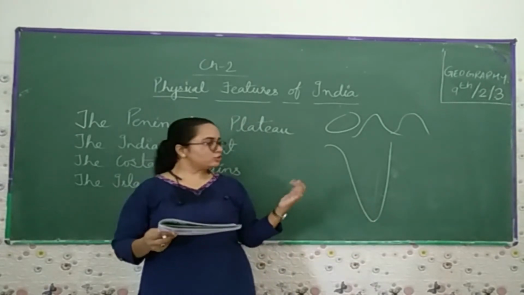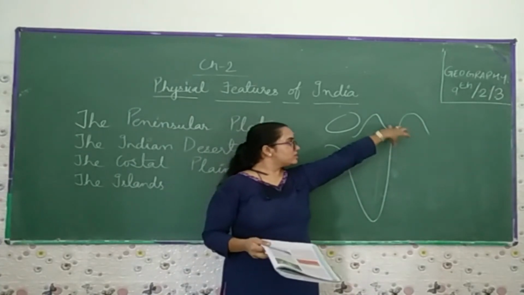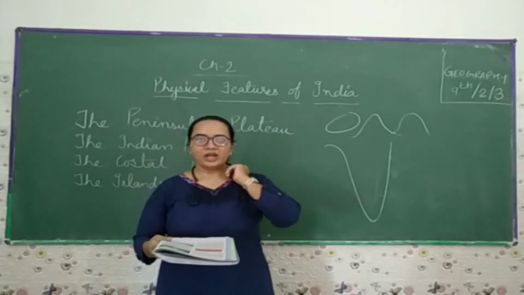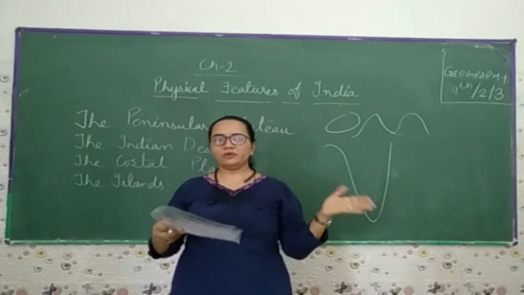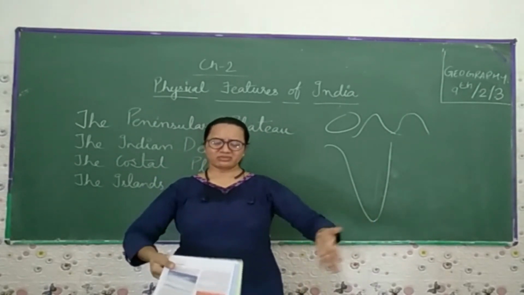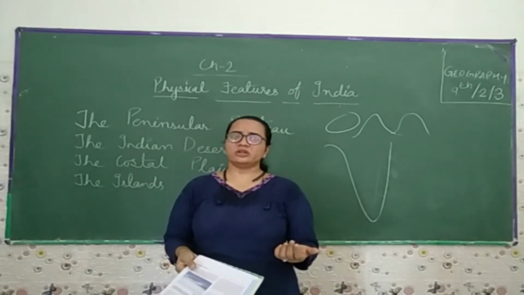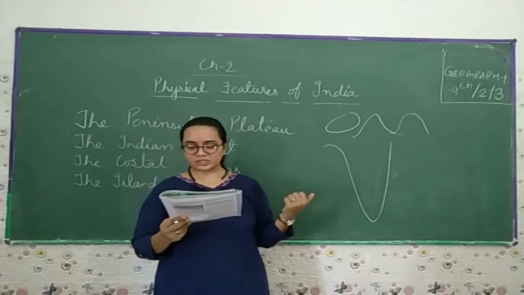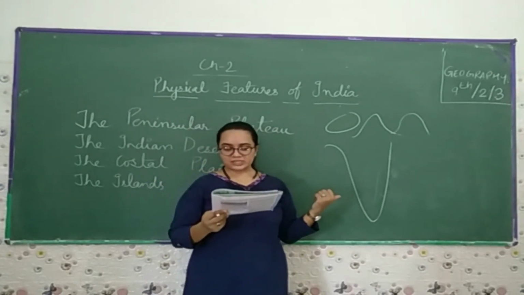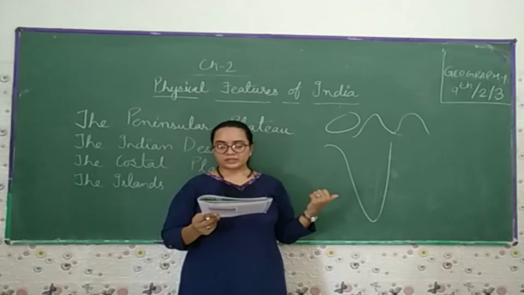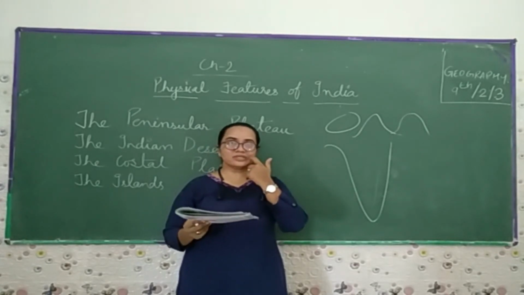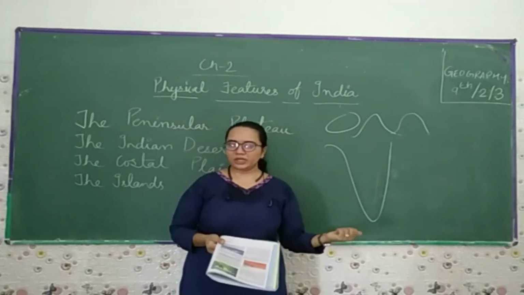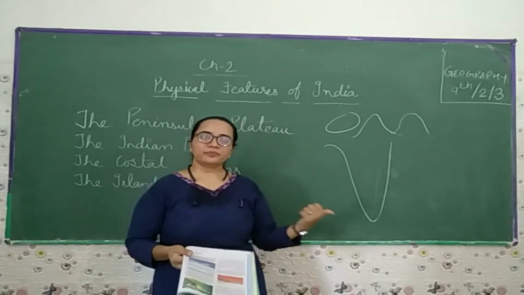It is an important feature towards the eastern coast. So our Orissa is this part, and in this part you will find Chilka Lake. The local people used to say that it was the world's highest, but it's not. It's the Asian highest. Now we say Chilka Lake is the largest salt lake in India. It lies in the state of Orissa, south of the Mahanadi Delta. Earlier it was the Asian highest, but now it is the Indian highest, a salt lake in Orissa.